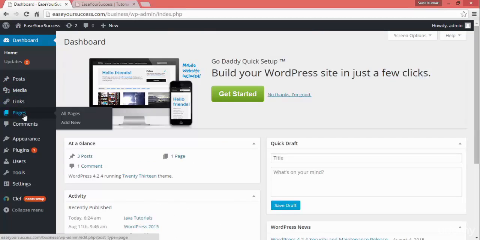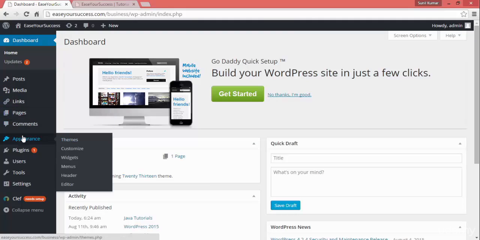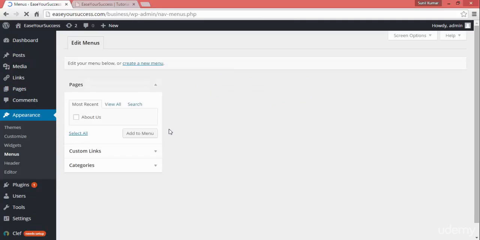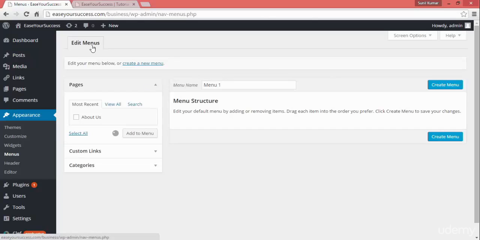To create a menu, we need to go to Appearance, and then here you find the Menus option. Click on that, it will take you to the menu creation page, and here we can create a customized menu for us. Here we are right now, in the Edit Menus option.